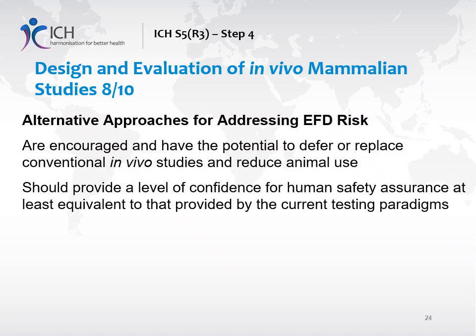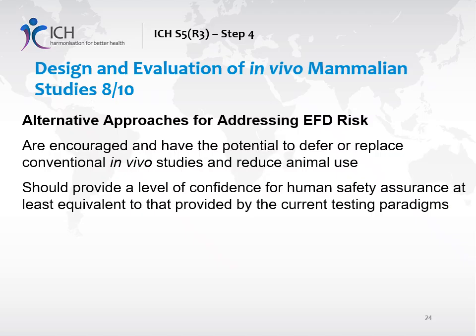Alternative approaches for addressing EFD risk: the use of alternative assays. A number of alternative in vitro, ex vivo and non-mammalian in vivo assays have been developed to detect potential hazards to embryo-fetal development. They have been used as drug discovery screens for adverse effects on EFD and have assisted in the understanding of the mechanism of toxicity, which can be useful for translating non-clinical data to human risk, especially for human-specific targets. The continued use of alternative assays for these purposes is encouraged.